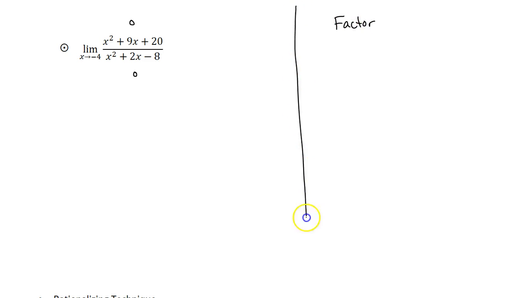Just a little review of factoring. I like to do the AC method. So my AC for the first one would be 1 times 20. So this is going to factor